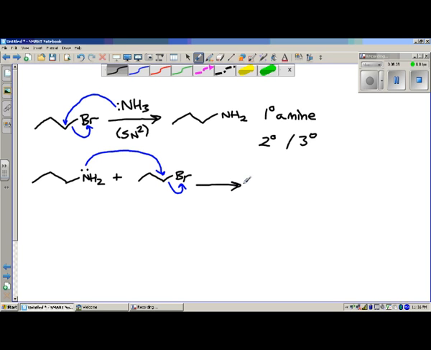So what you end up with is the primary amine that you started with, but now you've added on another alkyl group. So actually this is a secondary amine now. And then this has a very similar reactivity to this. And so the secondary amine can just do exactly the same thing